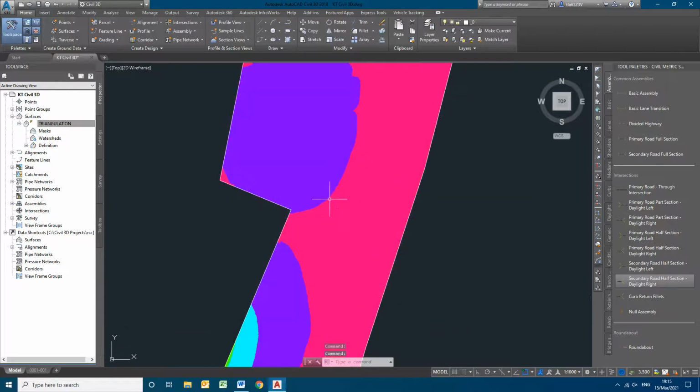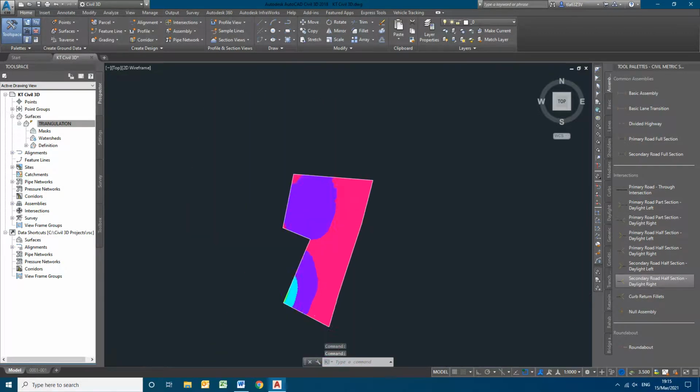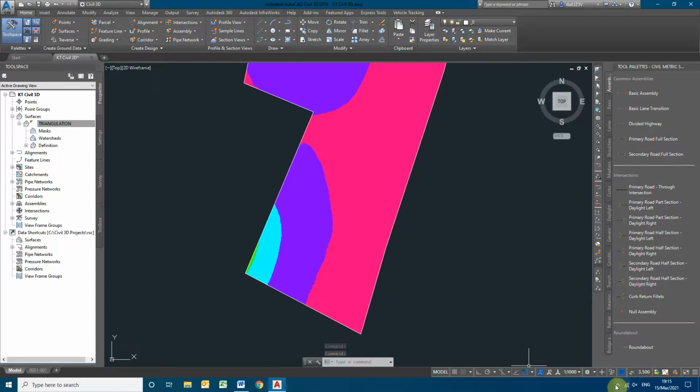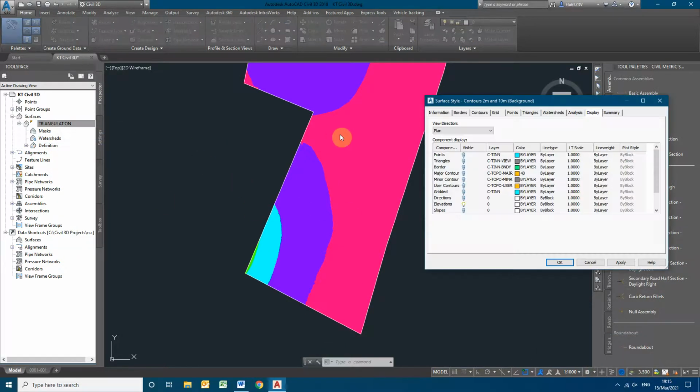So you can see the color coding according to the elevations that we had given. It will be showing the color coding. In this manner we can create the triangulation, and as per our requirement we can see the contours, directional slope arrows, slopes, and elevation bandwidths.